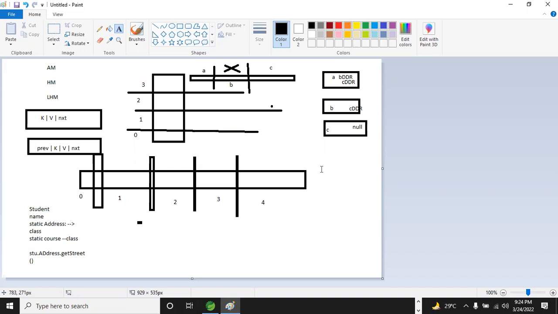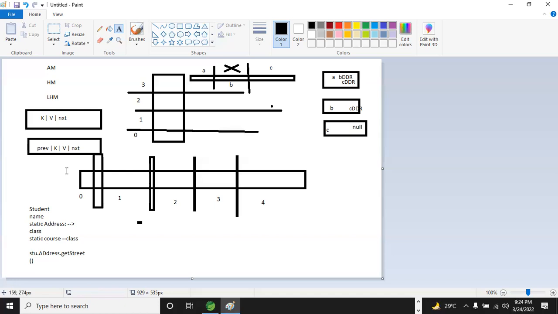Not much effort, as the key will be unique, so it would be easy to traverse. This would not be more complex because we already have a link between each node. When we compare to a hash set, we didn't have the previous connection, right? We only had the next connection. So compared to the hash set, in a linked hash set we have connectivity between the previous and the next.